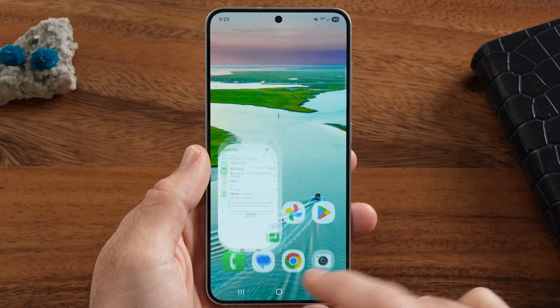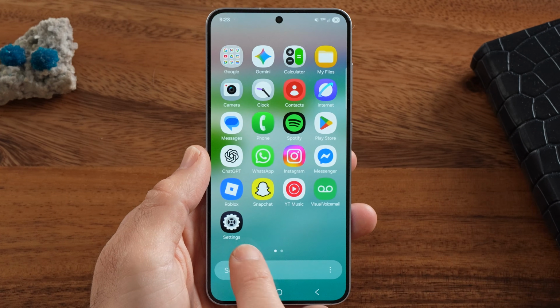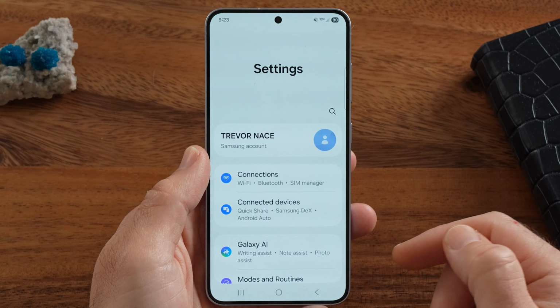Hey guys, Trevor here. And in this video, I'm going to show you how to fix WhatsApp contacts if they're not showing in Android. Now we're going to swipe up and open up your settings if you haven't done so